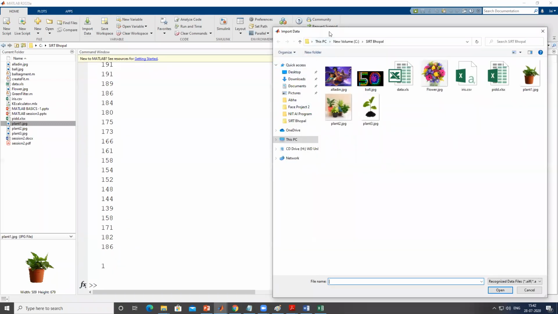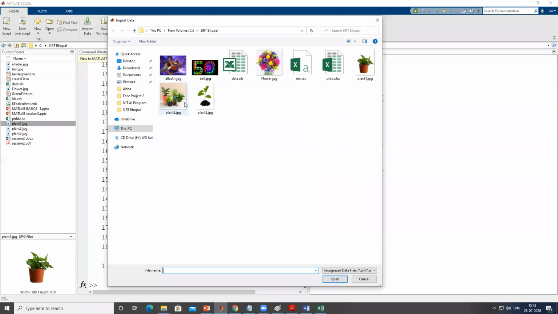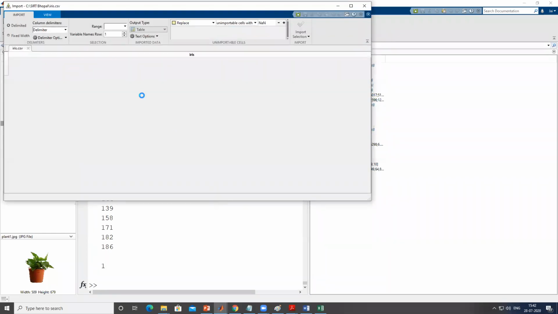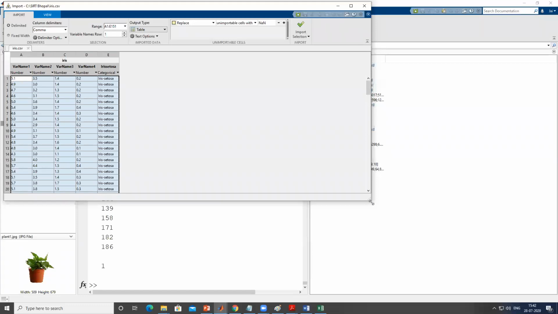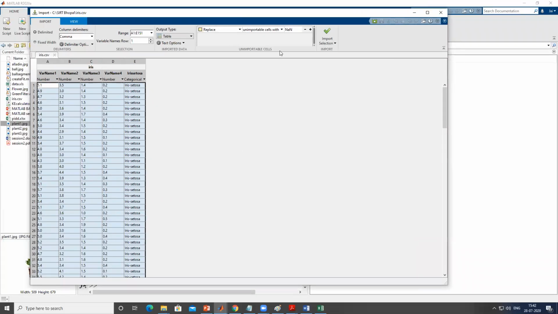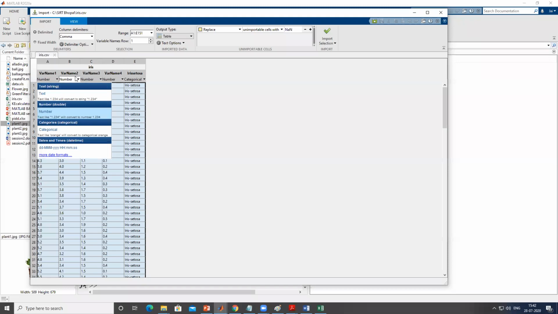If you click on Import Data, it will open a browser for you in which you can easily select which item you want to import. Select the file and all the data will be imported here. Now in order to import it to the workspace, you have to click on the import section. Here it gives you the luxury that you can select which columns you are interested in.